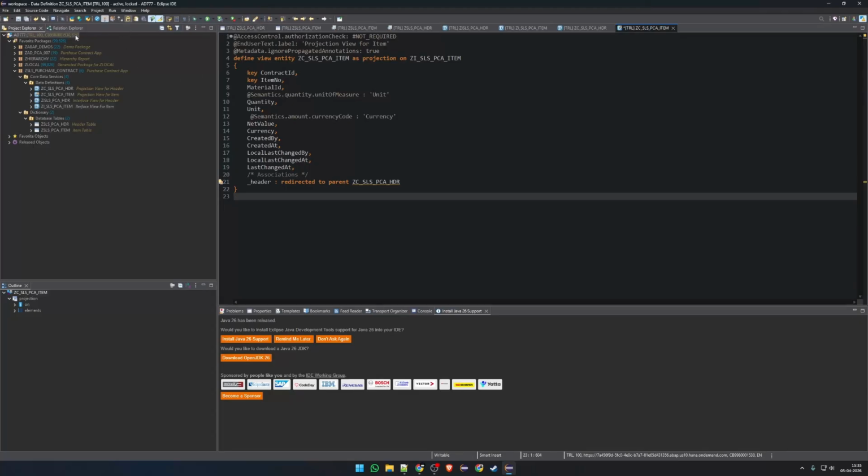Now let's come and activate our CDS view. So once this item CDS view is activated,